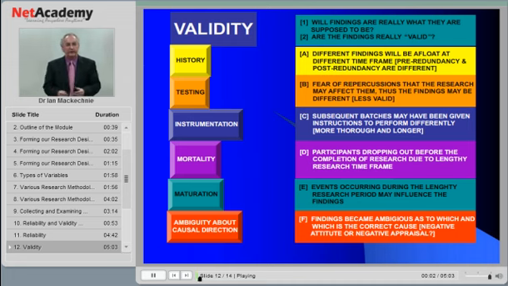Validity is similar in a sense to reliability. Do the findings that we report really reflect what was going on? Are they really valid? And we've got to be careful in a number of areas. For example, we talk about validity in the context of history. In other words,